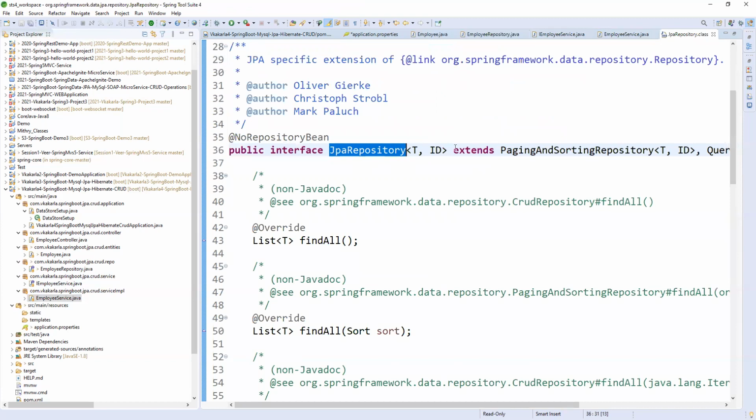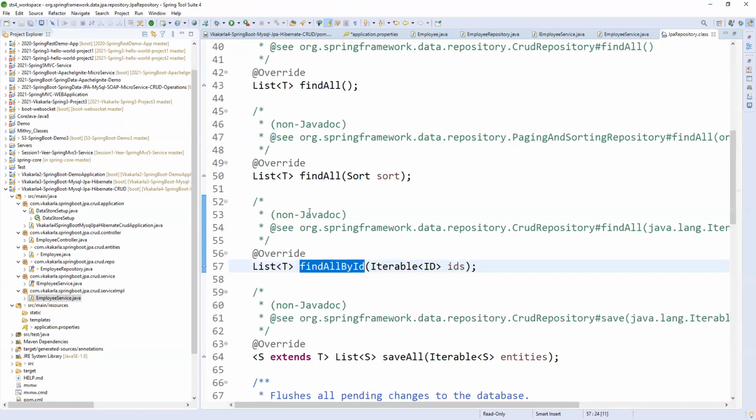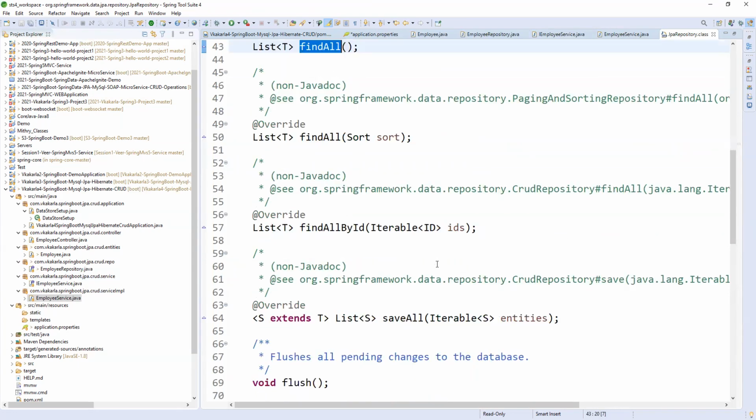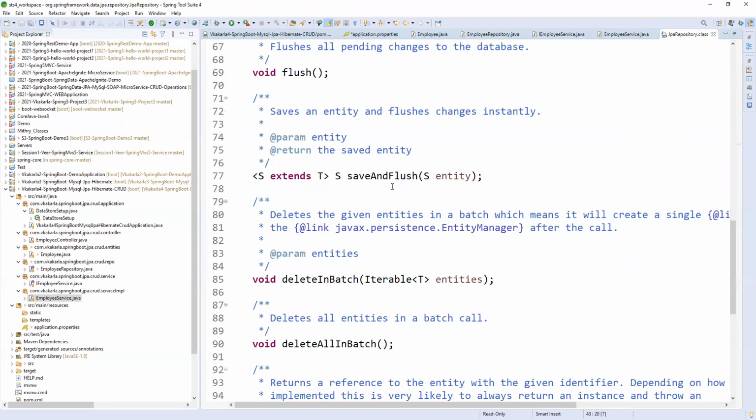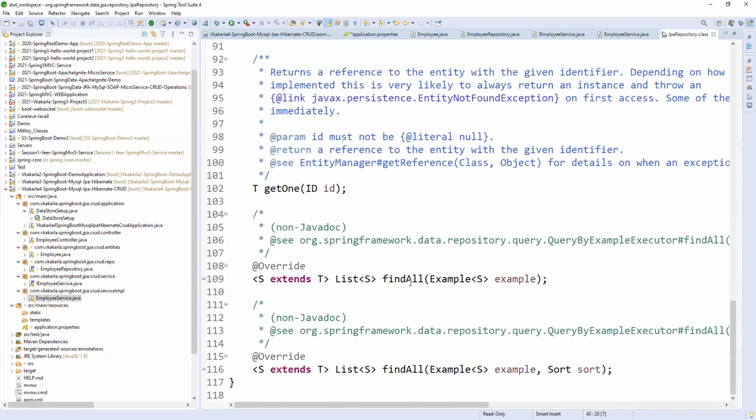So if you open this repository, you will find findAll, findById, find all with some parameter, and normal. Save is also there, saveAndFlush, deleteInBatch, getOne.